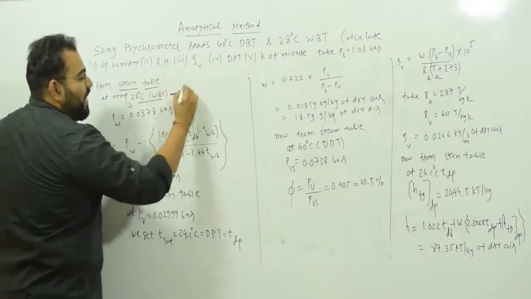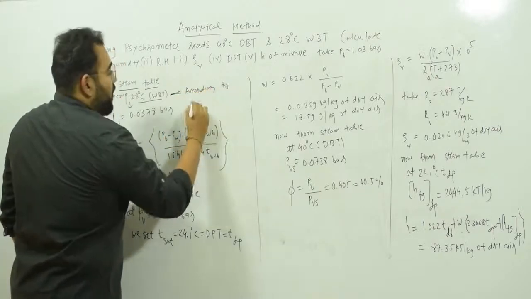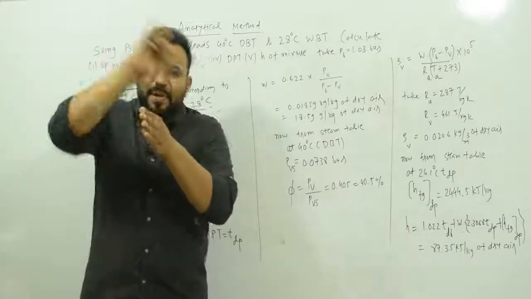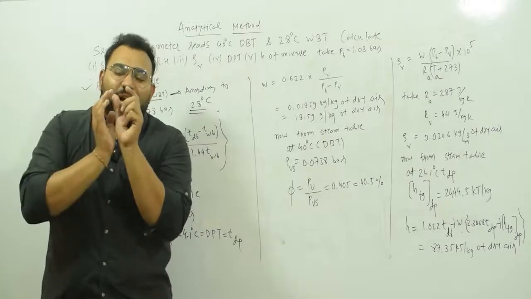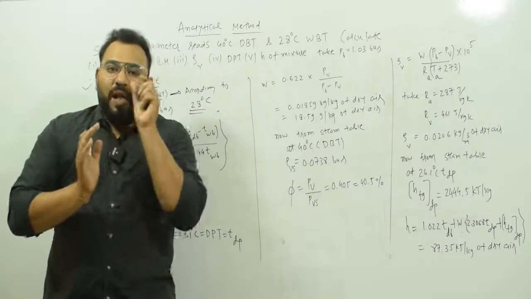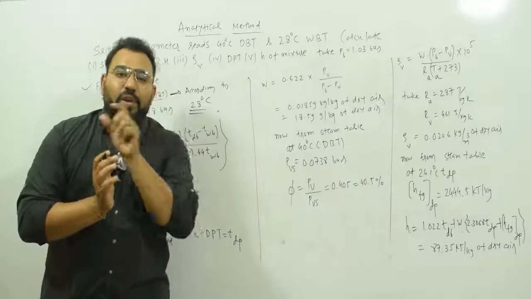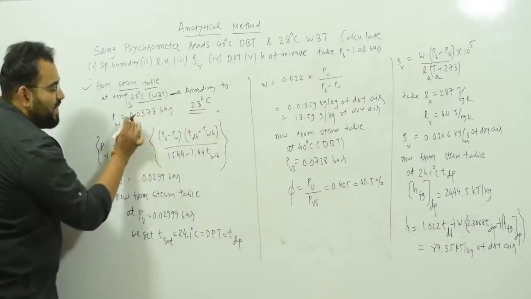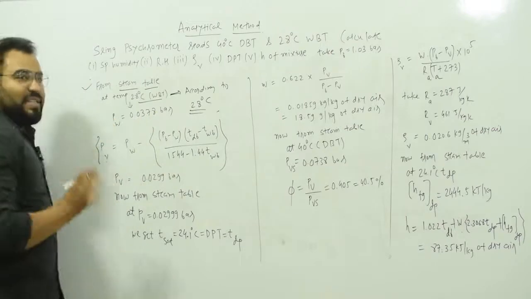Now for this 28 degrees Celsius temperature, see what is the pressure. Besides the temperature there is a pressure column. So see what is the pressure shown according to the 28 degrees Celsius temperature. For 28 degrees Celsius, it is showing a pressure of 0.0378 bar. So that will be our PW. This is how you have to find it.